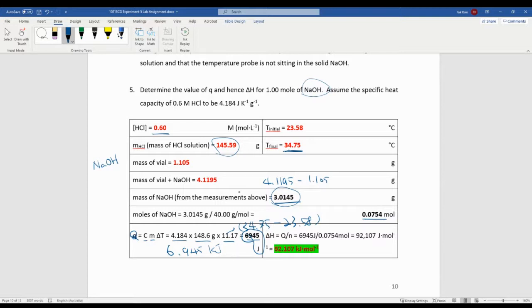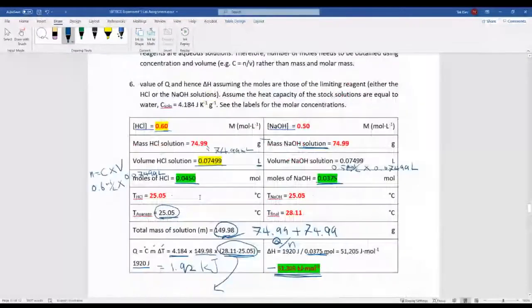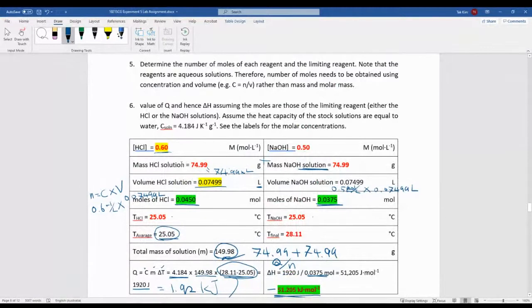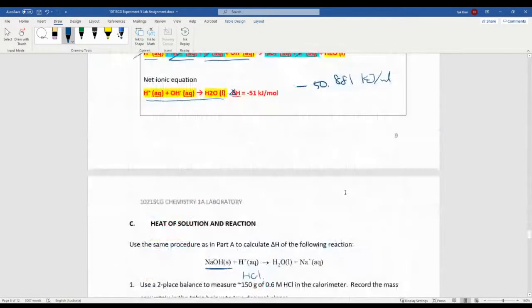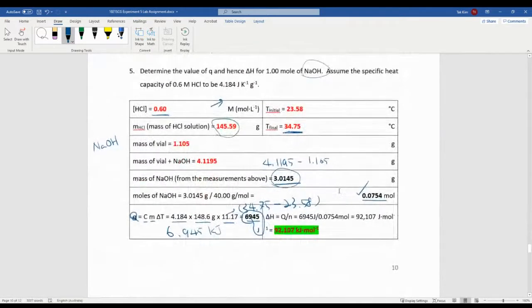And then for the enthalpy, you'll need to use the Q from your calculation, and the number of moles of your limiting reagent. So when you calculate the number of moles of your acid, it will be much larger than this one. When you look at part B1, right, about the 75 grams, you have 0.054 moles. Once you double the amount of your solution, your number of moles should double. So it should be about 0.09